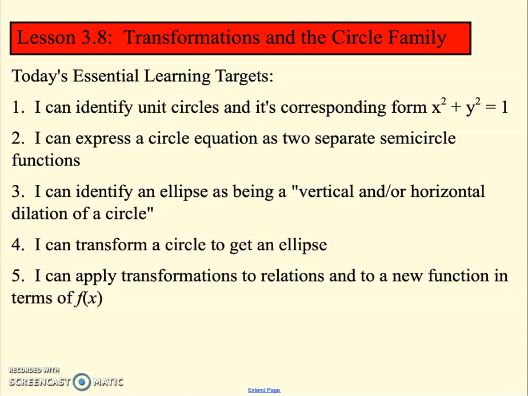All right, these are the 3.8 notes. The lesson here will be on transformations and the circle family. This is our final set of notes for chapter 3 and our final family of graphs to talk about, which